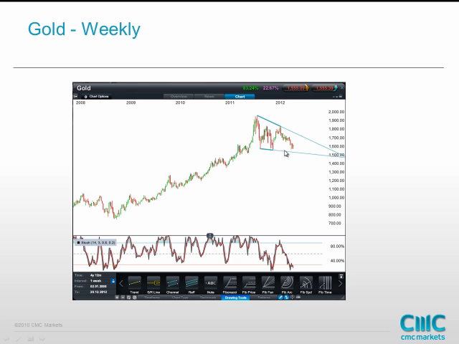Now this line here is gently downward sloping, so probably best in a strict sense called a wedge, but close to horizontal, so you could call it a descending triangle as well, and really they're both the same thing for all intents and purposes. But the other thing I just wanted to draw out with this chart is